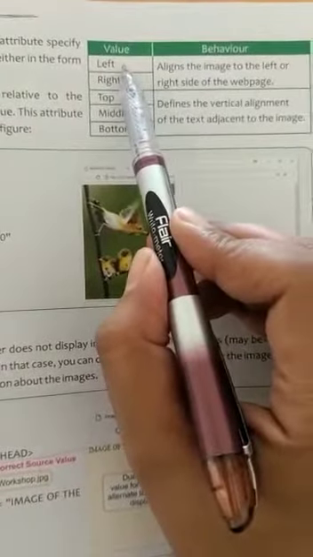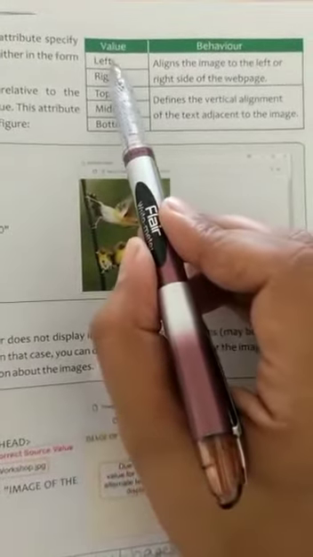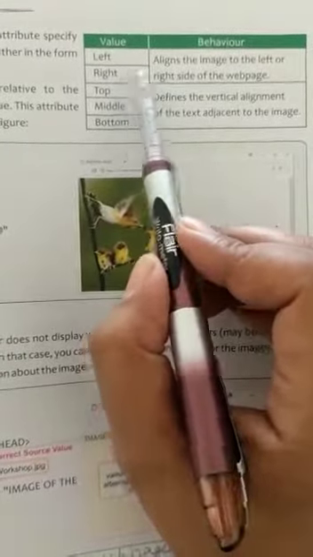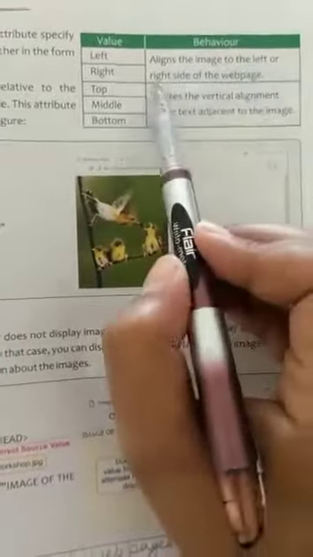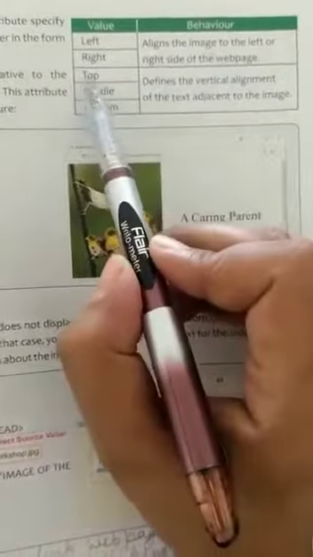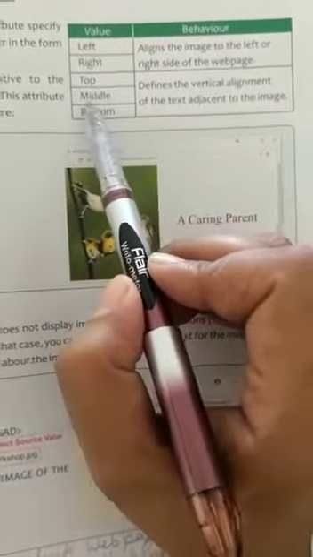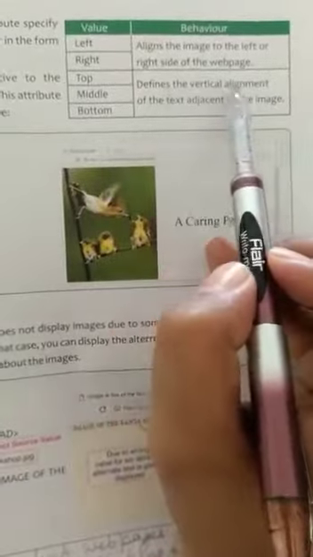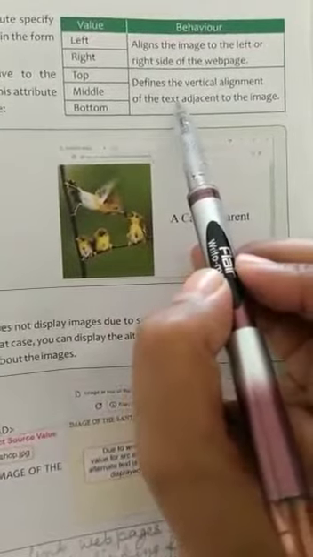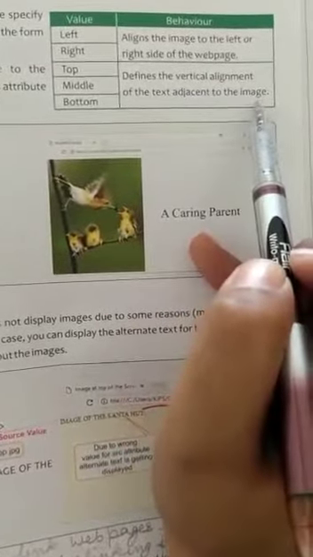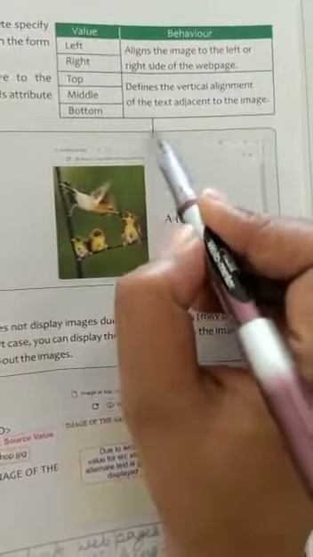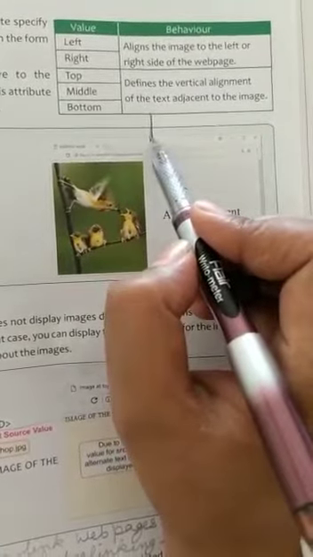First is left, right. It will align the image to the left or right side of the web page. Top, bottom, and middle define the vertical alignment of text adjacent to the image.